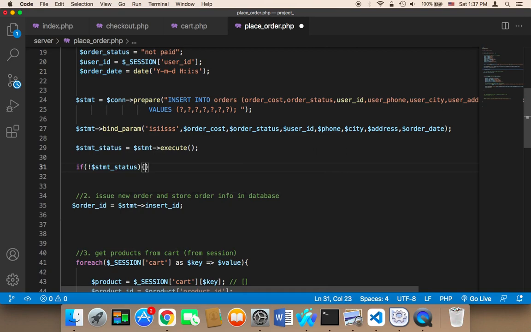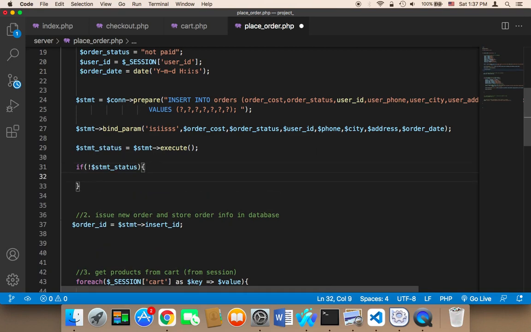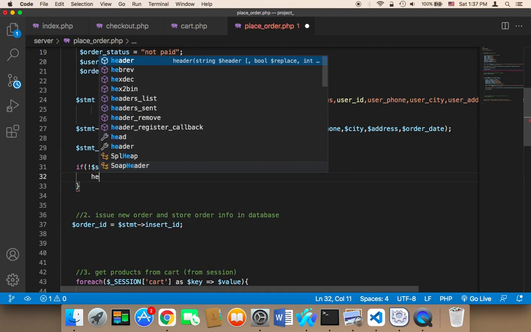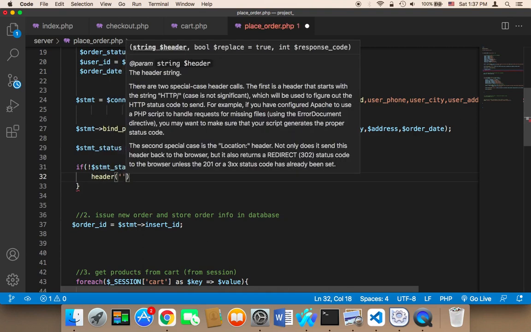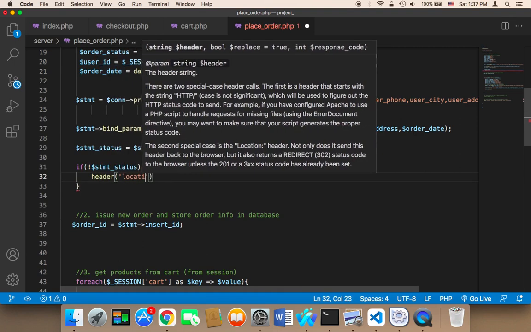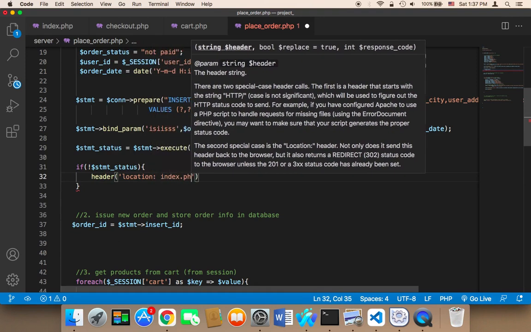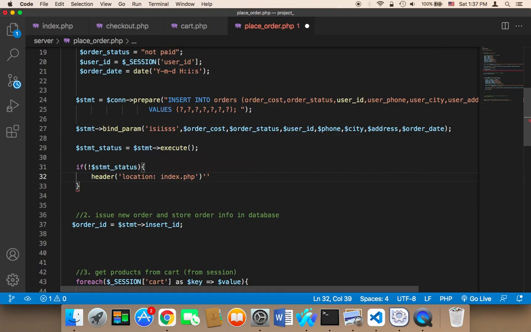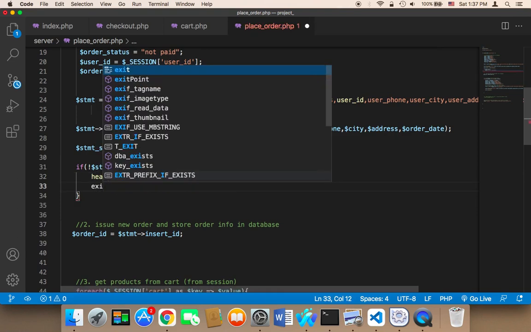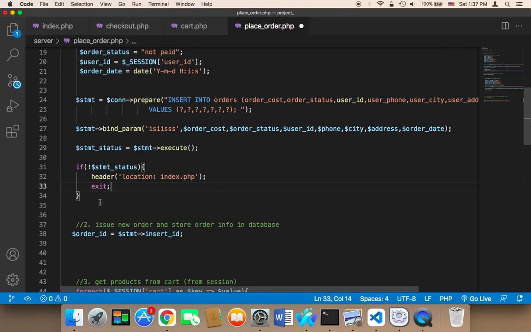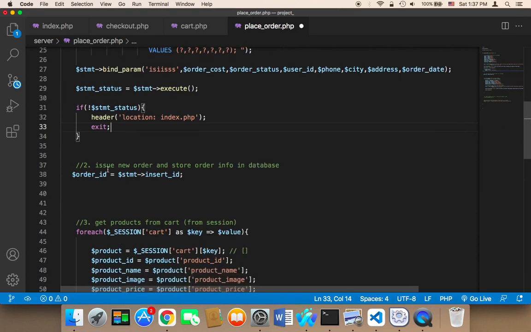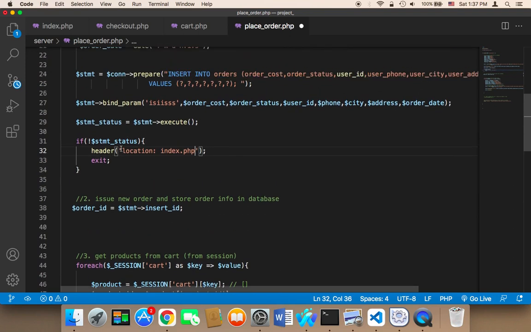If it's false, we should use the header and then take the user to the index page or any page you want. You shouldn't continue. You should just take the user somewhere else, and you should exit. This is very important. You should exit, because if you don't exit, it's gonna continue executing the code below. And you can display an error message if you want, but